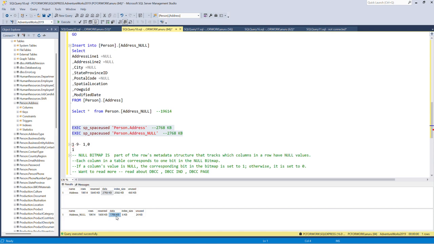If it is more than 16 columns, it will be 3 bytes. But it's just a bit for a column. You can see the data difference here. With this small table with just 3 columns the difference is just 1 MB, and when you are dealing with millions of rows, it will be hundreds of MBs of space difference